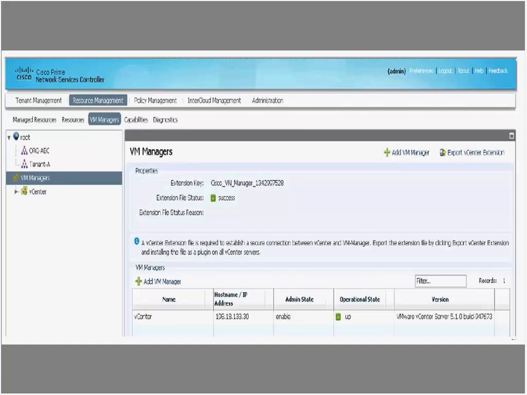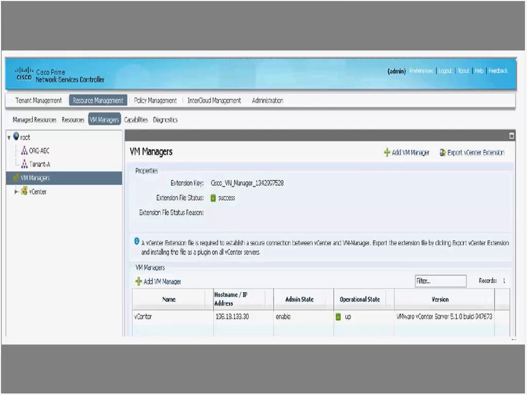Here I'm showing how you can integrate a virtual manager. By the way, PNSC is deployed through an OVA template. So it's basically a virtual machine. It does not need to be in the same data center. All it needs is management connectivity. So this PNSC that I took the screenshot from is actually a virtual machine deployed in VMware. And I'm integrating that PNSC to the same virtual manager, which is my vCenter management IP address.